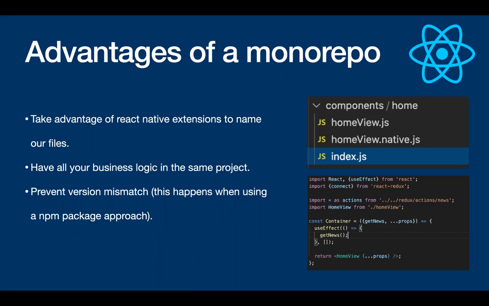This is something that may happen with an NPM package approach, because as you may know, NPM packages manage different versions, and if you don't have the latest version of the package, you may be working with old business logic, and this would lead to bugs